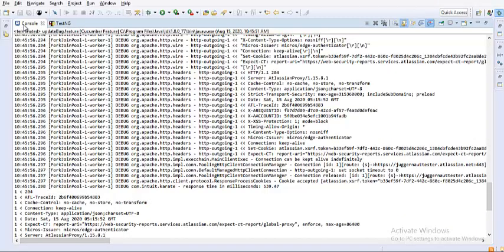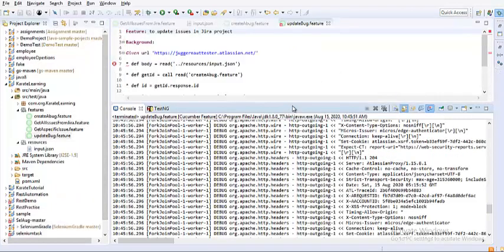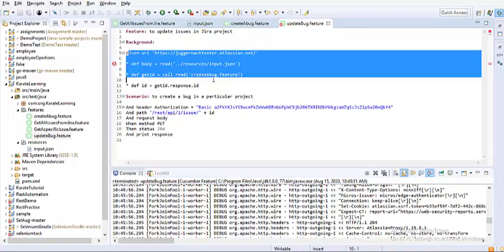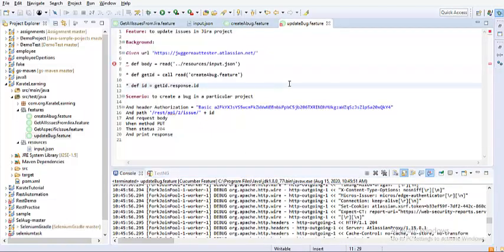And another thing that we can also do is that, after updating, the requirement might be that you need to delete a record. So that can be done as well, because we have captured this reading of a file and storing of the id in the background section. So you can write another scenario, because under one particular feature you can have n number of scenarios, and the content that you have in the background is applicable across all scenarios.